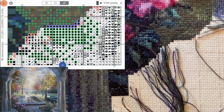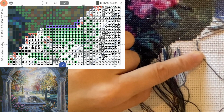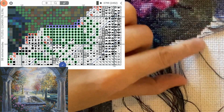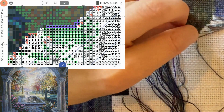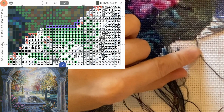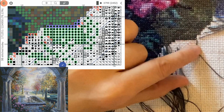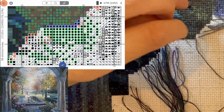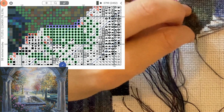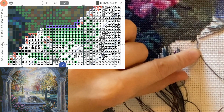Okay, so this big block of color kind of has the diagonal going through it, so it'll be kind of split up, I think. I try to stagger the line a bit so it doesn't make a sharp, straight diagonal line through it, so that I don't end up with lines in the finished piece. I haven't had that problem yet, but just in case, I'm gonna take care to try to avoid the possibility of it happening. Because trying to fix it after it's happened is